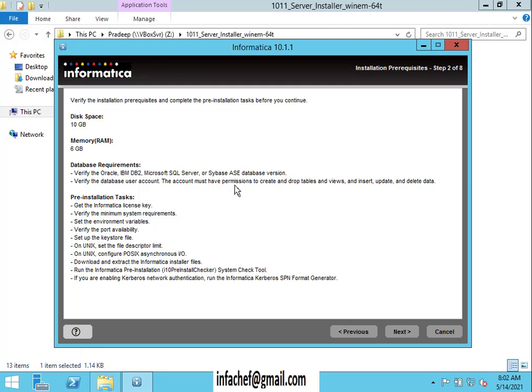Verify the domain user should have create, drop, views and tables privileges. It's asking for licenses, minimum requirement settings, environment variables, port availability, and store keys. If it's Linux, you have to check the descriptor limit, and configure the OS asynchronous input output, and download, extract the file and run this tool. If you are enabling Kerberos authentication, you have to run the SPN format generator also.